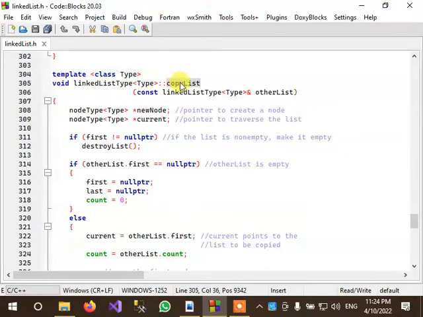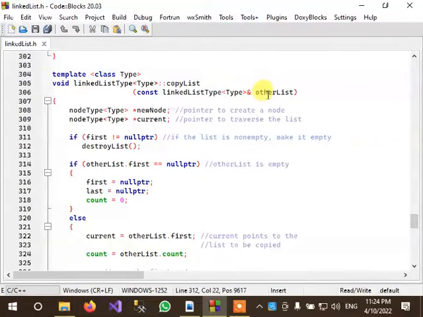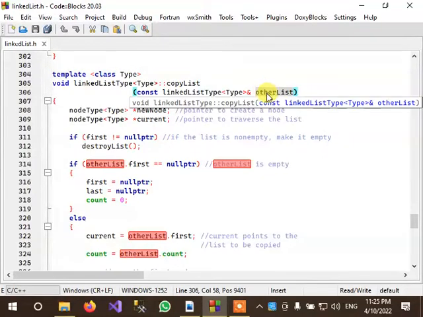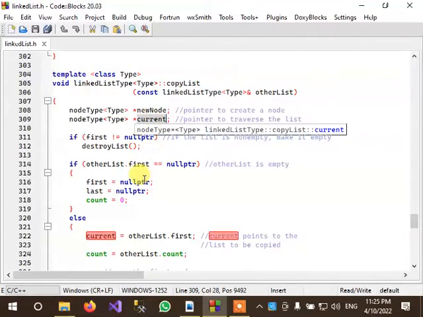Function copyList will receive an object through its parameter, named otherList, and it will simply receive all the data from otherList and create a new object. It will copy all the nodes of the other list and paste them into the new object's nodes. So we have created a new node, and we have created a current node pointer, and first we are checking